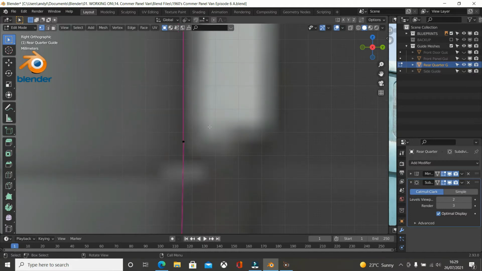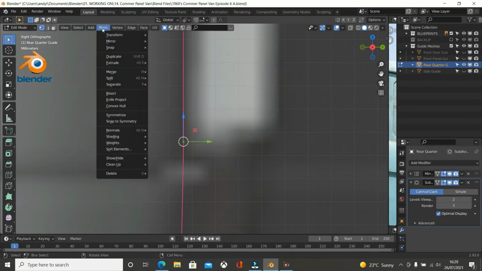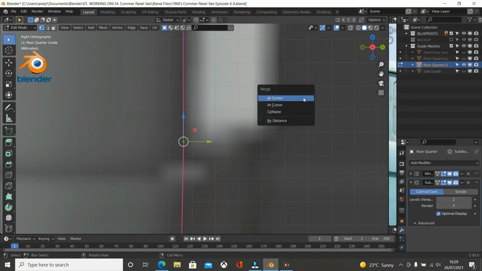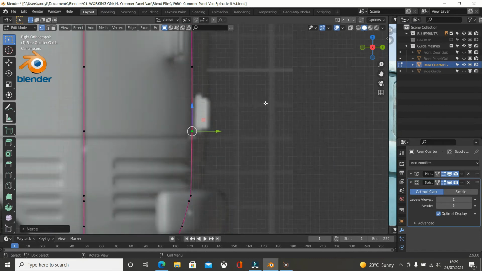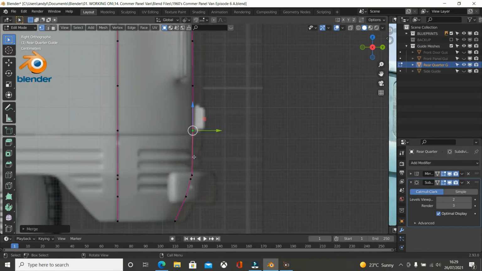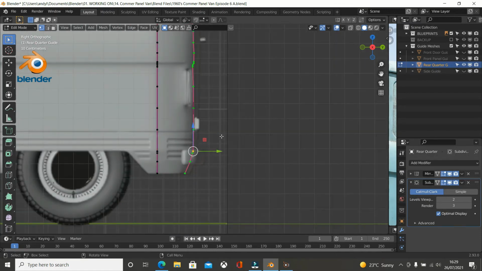Okay, and then simply press B, left mouse, range select those, and press mesh, no, we want to press merge at center. Okay, so now when we press Alt, it selects the whole lot,